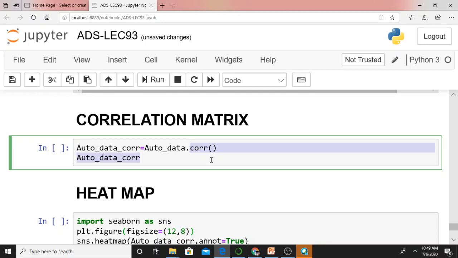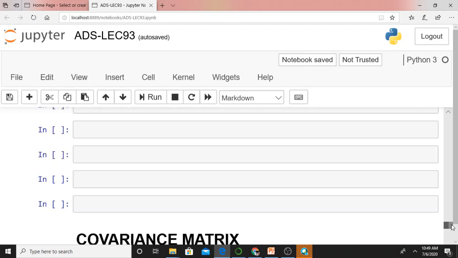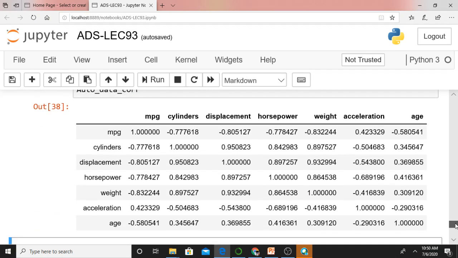Here is the correlation matrix for your automobile data set. Let me run this. This is the correlation matrix, isn't it? Just understand this correlation matrix carefully.